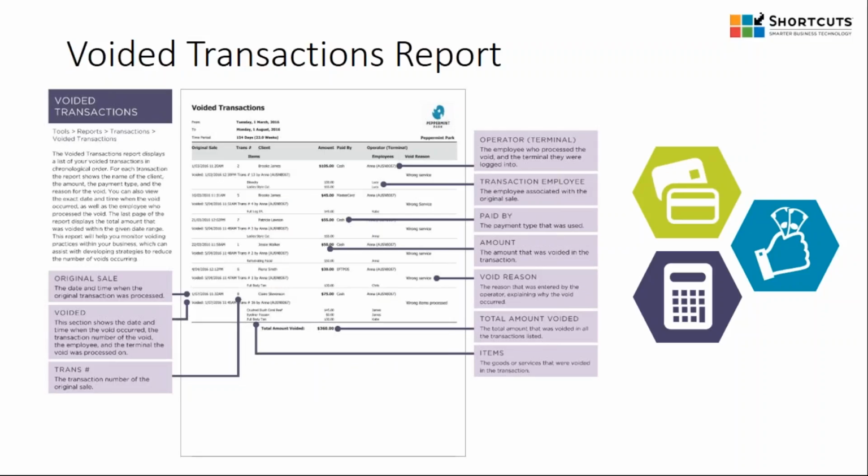We also have our voided transaction report, which displays a list of your voided transactions in chronological order. For each transaction, the report shows the name of the client, the amount, the payment type, and the reason for the void. You can also view the exact date and time when the void occurred, as well as the employee